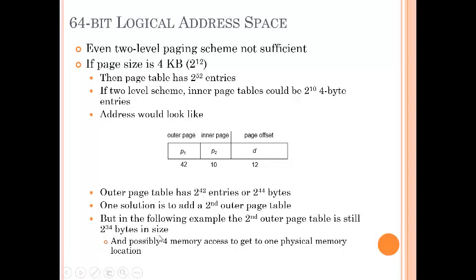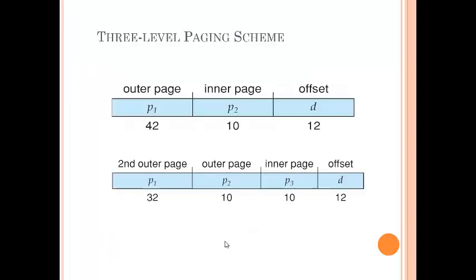And if we increase the number of levels, it will increase the memory access time, because all page tables are stored in the main memory. So to access one physical memory, we have to access memory 4 times, because if there are 3 levels of page table, 1 is for the actual memory access. So this is the 3 level. If we talk about 2-level paging, outer page table 42 bits, inner page table 10 bits, and offset is actually the page location, actual data. If we talk about 3 levels, then we may increase the number of levels, but it is not desirable